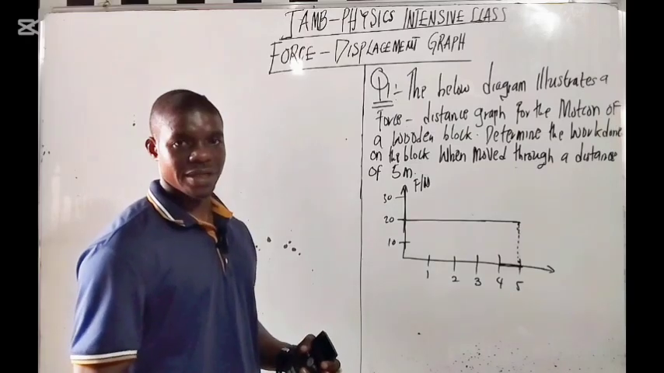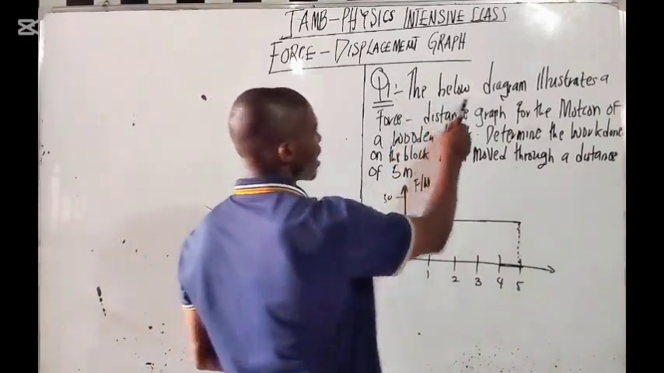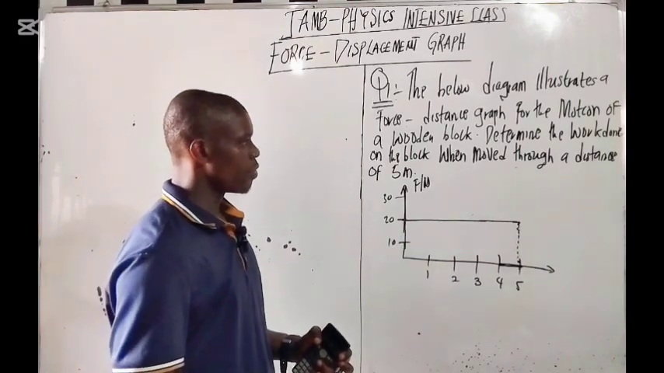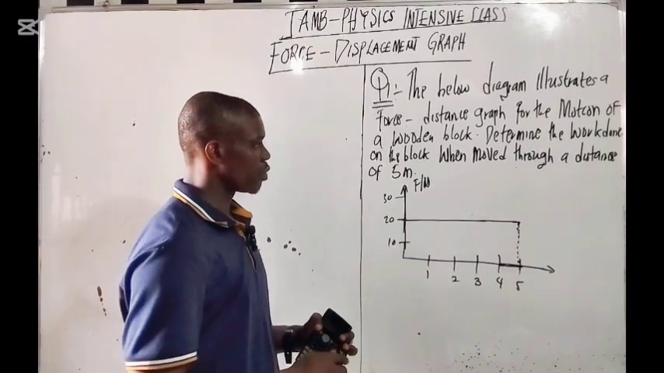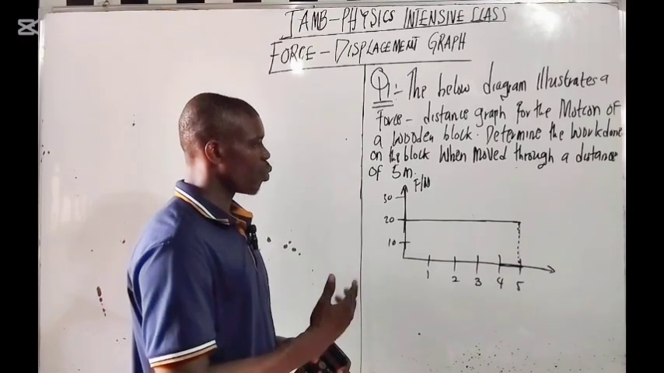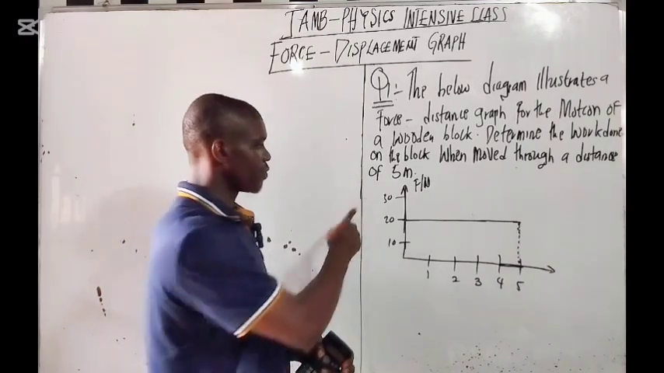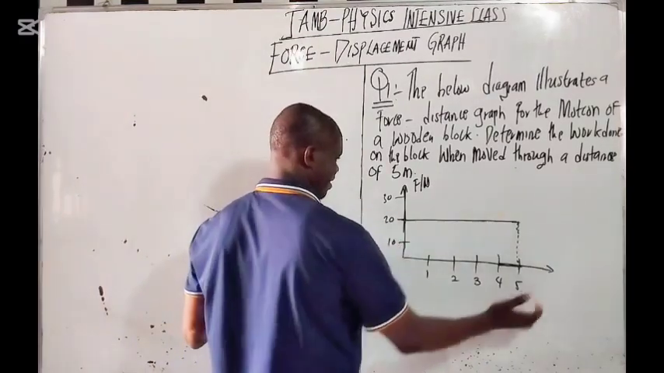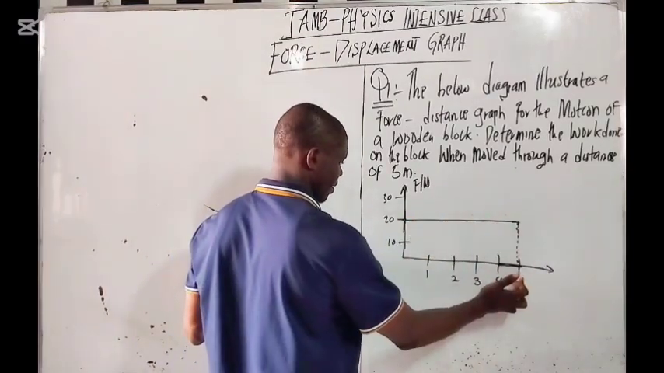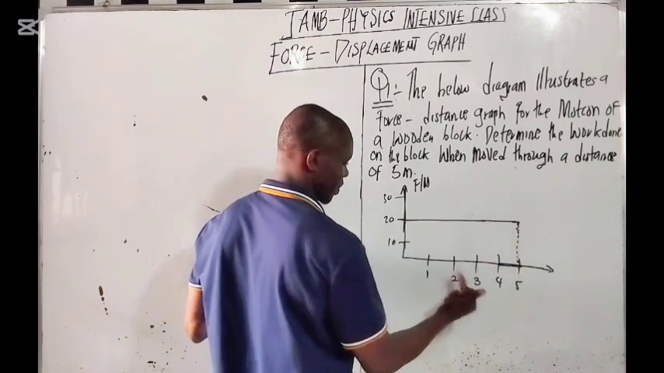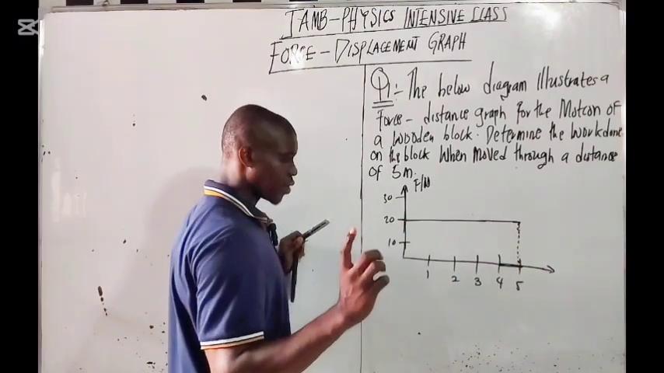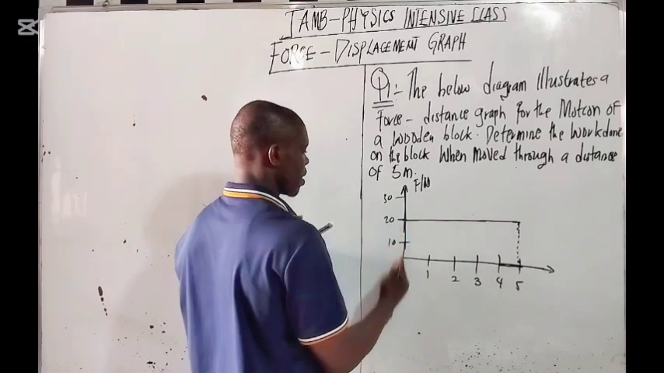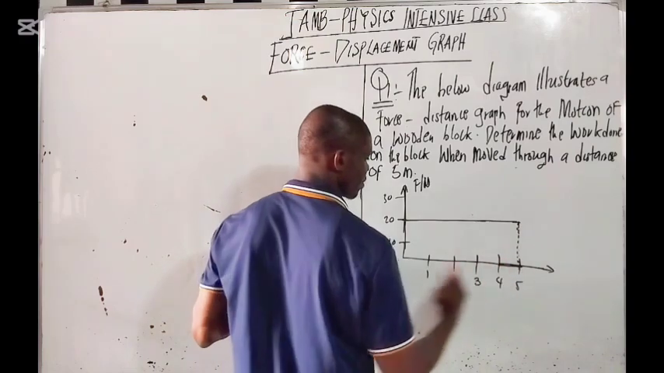Let's look at the first question here. Pay close attention. The diagram below, which is this one here, illustrates a force distance graph for the motion of a wooden block. Determine the work done on the block when moved through a distance of 5 meters. This is what shape, from here to here? The height is the force, and the length or the breadth here